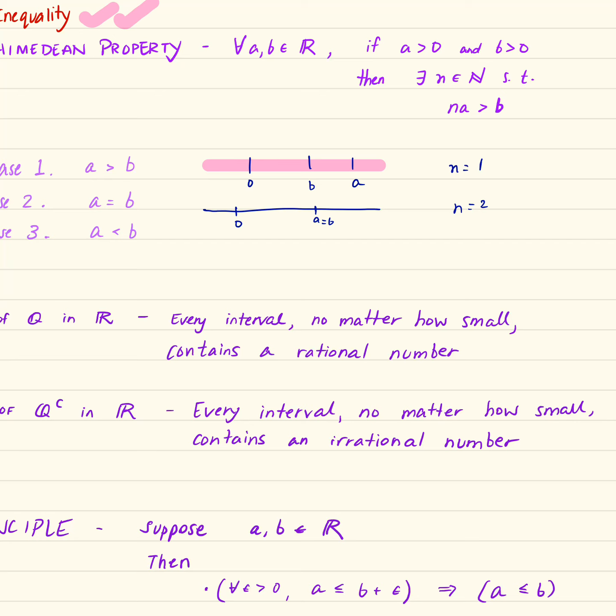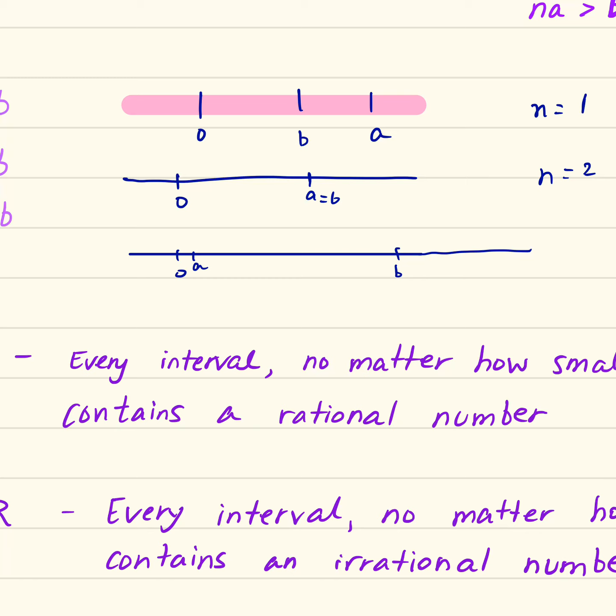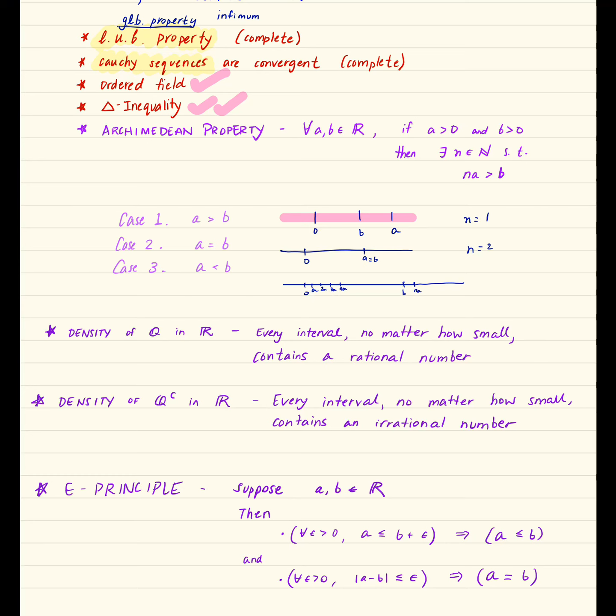So the real meat of the proof comes in dealing with the case where a is less than b. And so the idea is here's 0, and if a is here and b is all the way here, we have to show that we can have a bunch of copies of a. It's like here's 2a, 3a, 4a, and it might take you a long time, so you might have a large value of n, but at some point you will have a multiple of a